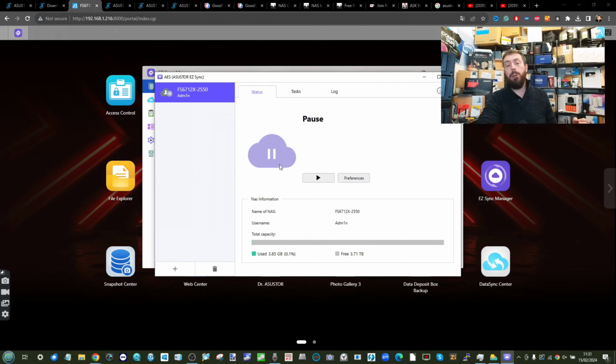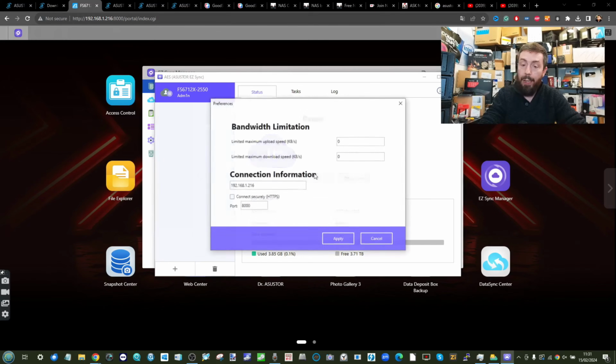I'm just going to pause it there because we're doing a lot of work here in the background. But you can change a lot of those preferences, add speed limits and more, as well as reconfiguring in the event that you've set up your Asustor NAS as a dynamic IP rather than a static. But if you are going to go to the trouble of creating synchronization, it is recommended to either use an Asustor Cloud ID or have the system on a static IP, and therefore the identity of the NAS never changes